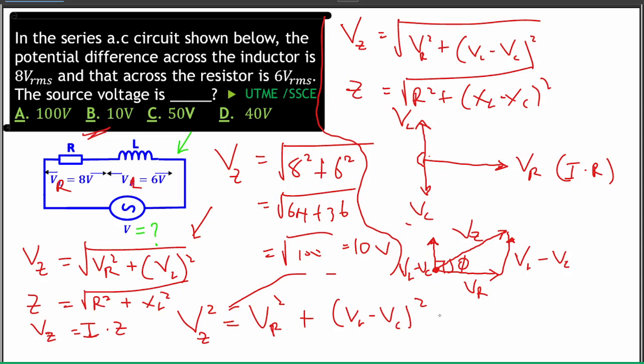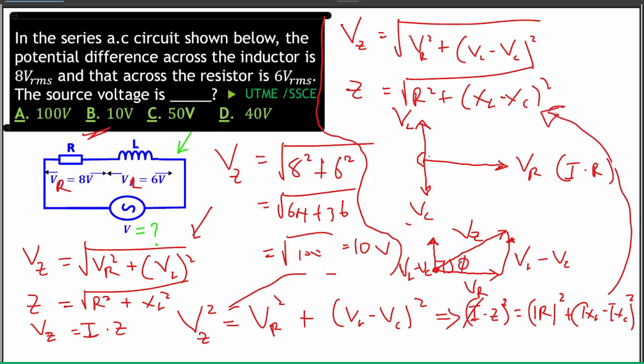Okay? And if you break this apart, VZ is IZ squared is equal to IR squared plus IXL minus IXC squared. Okay, now if you factor out I squared on the right hand side of this equation, then you notice that this I squared here will cancel the I squared that would have been factored out here. All right, so that you will now be left with this. Okay, let me see if I can explain further. That's if my time is